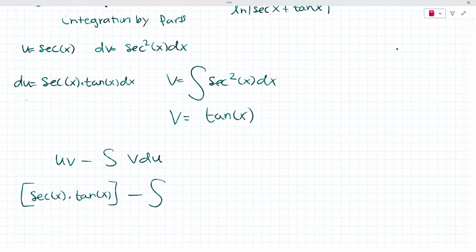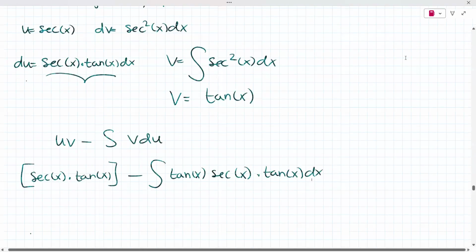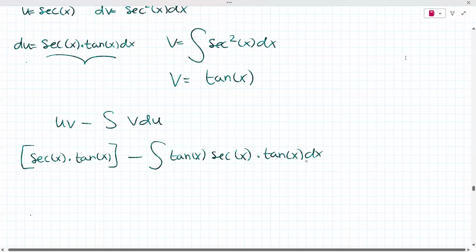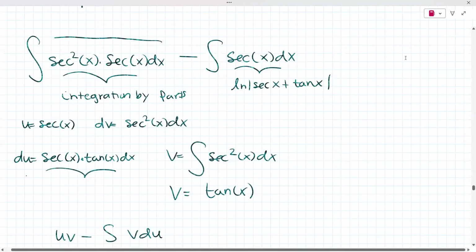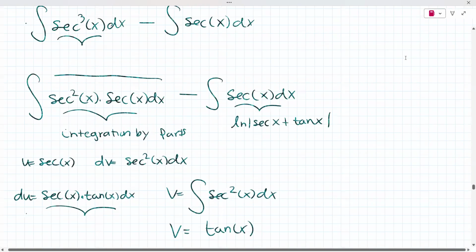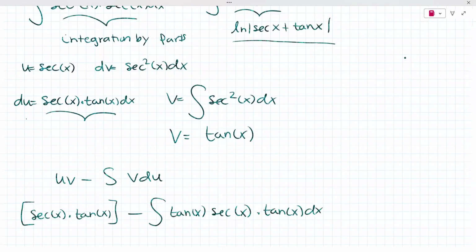So v is tan of x, and du is this whole thing, so it's secant of x times tan of x dx, right? Okay, so we kind of have a mess. And then don't forget the very end. So this one right here is minus